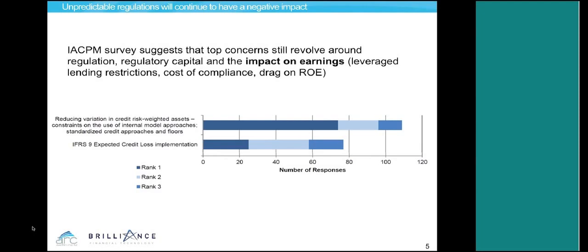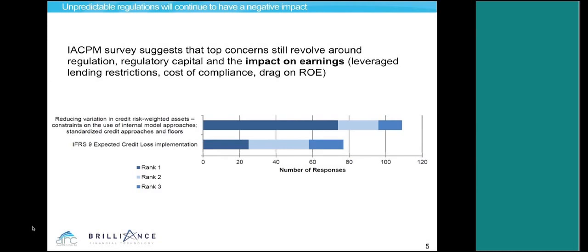Regulations have had a dramatic impact on the overall cost of doing business. As part of the research that I was doing for this webinar, I found that between 2010 and 2016, The Economist estimated that the Dodd-Frank Act soaked up $36 billion, that's billion with a B, in compliance costs. And so even with recent changes in policy, new administrative changes at the Fed level, regulations are going to continue, and banks need to be prepared